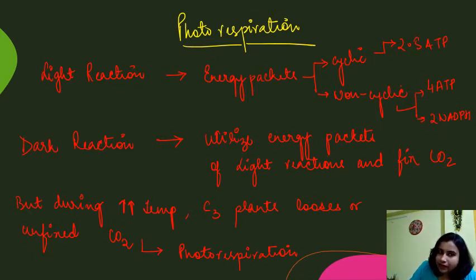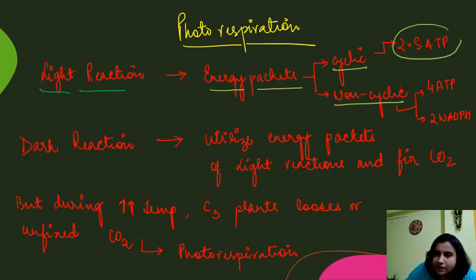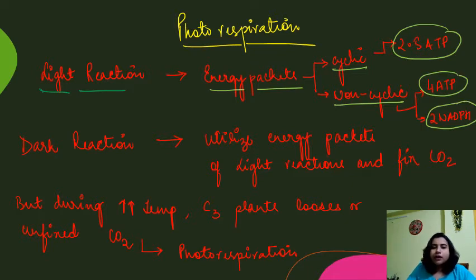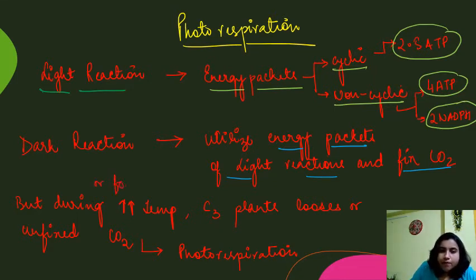The light reaction takes place under light. In the light reaction, energy packets are produced. This light reaction takes place in both cyclic and non-cyclic form. If it is cyclic, it will produce 2.5 ATP, and if it is non-cyclic, it produces 4 ATP and 2 NADPH. The dark reaction will utilize the energy packets of the light reaction and fix carbon dioxide, or form sugar. What kind of sugar? Like